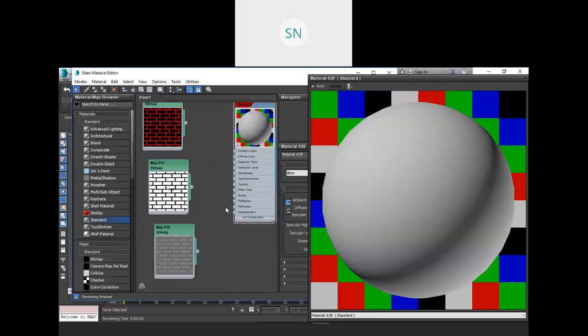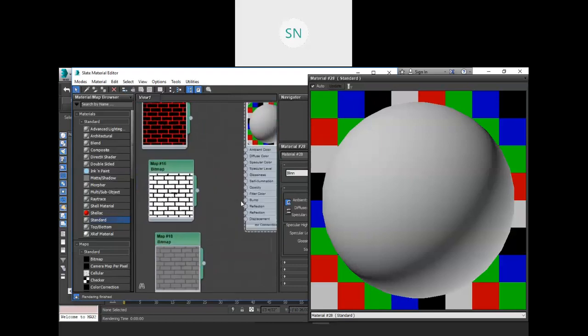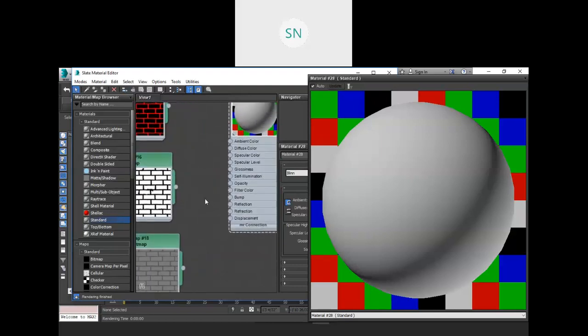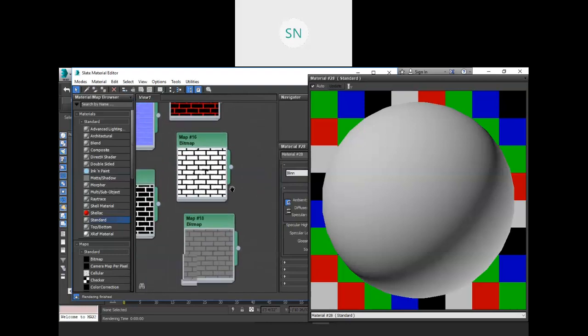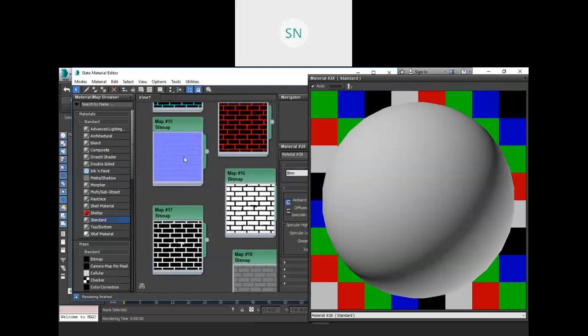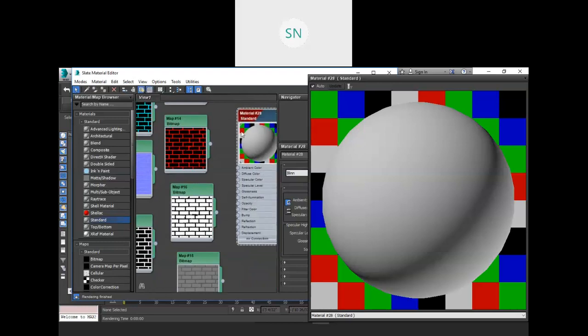So for the first time, let me discuss the bump. So bump means whatever depths and cuts are there, we need to fill those depths and cuts, right? So for that we need a black and white image or this type of alpha image. So let me add this image. So I'm selecting this and placing it into a bump, and you will notice the effect over here. See the effect,